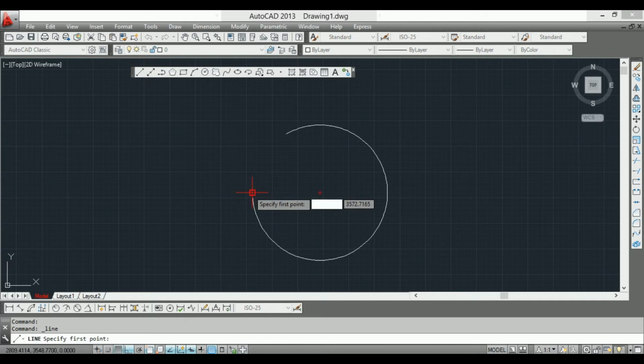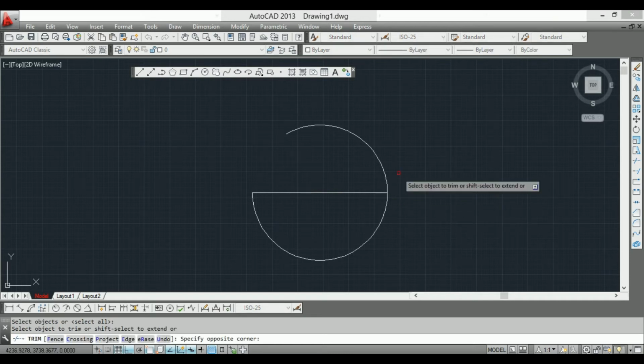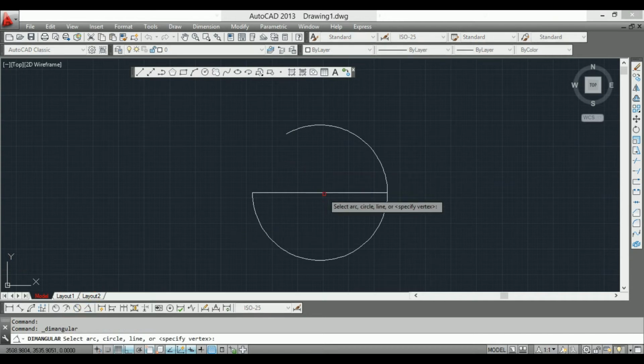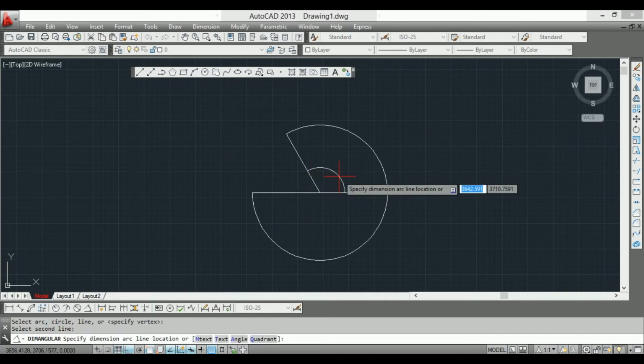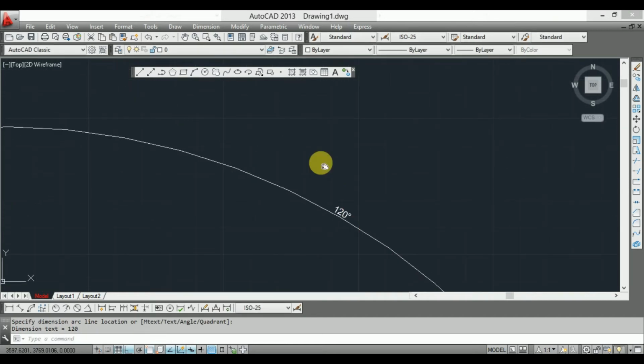Like if I make this from here, and then another line from the center like this, then you have to check the angle. Guys, this is 120. You can see it.